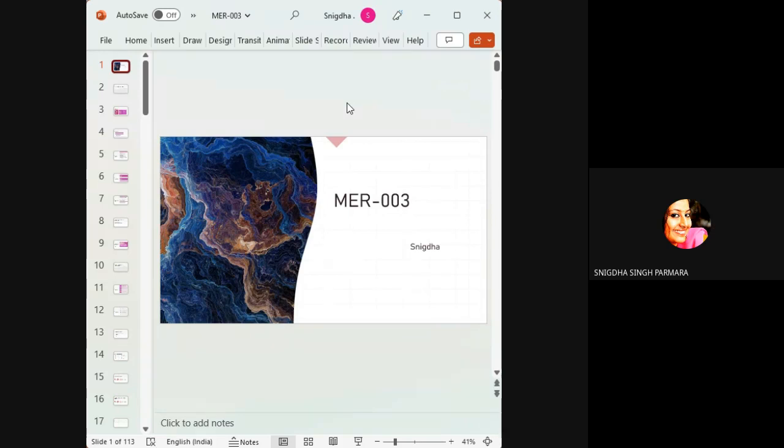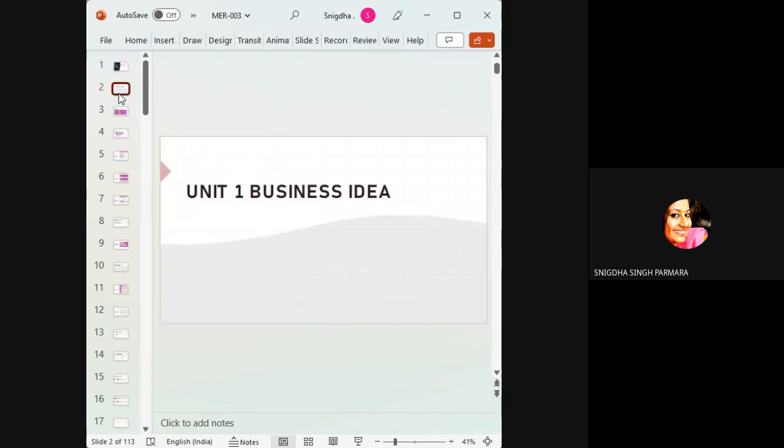So we are going to start with MER 03. This entire subject, which is on business idea and innovation, is divided in four blocks with a total of 16 units. I'll be giving you the basic idea of the entire unit at first. So this whole course of MER 03